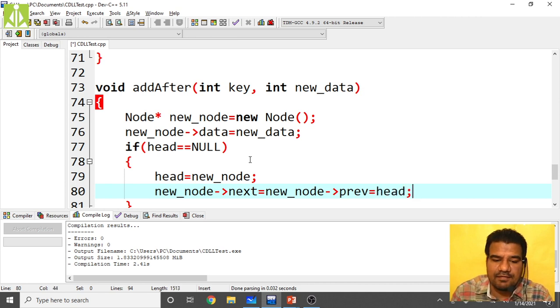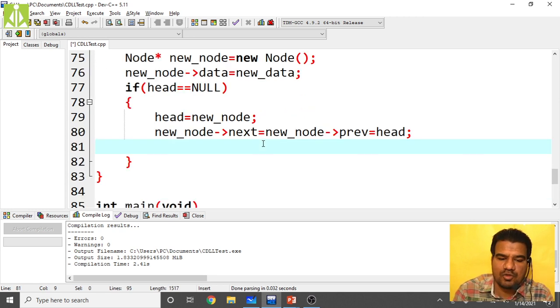So if your head pointer is null, do these corrections and return from here itself.